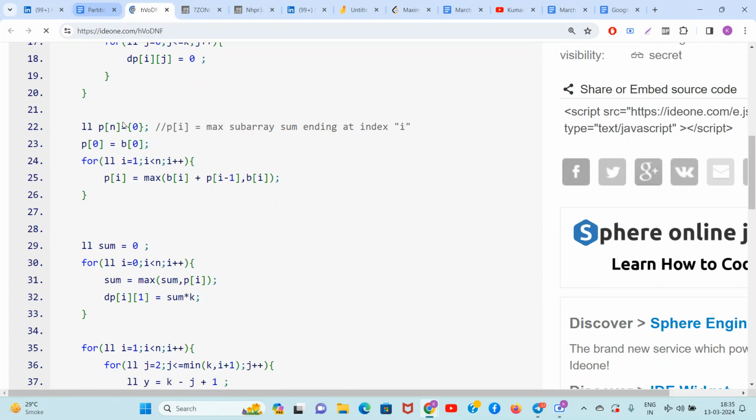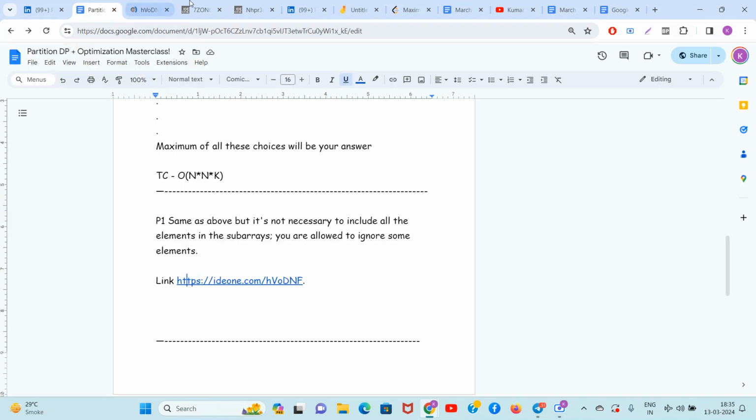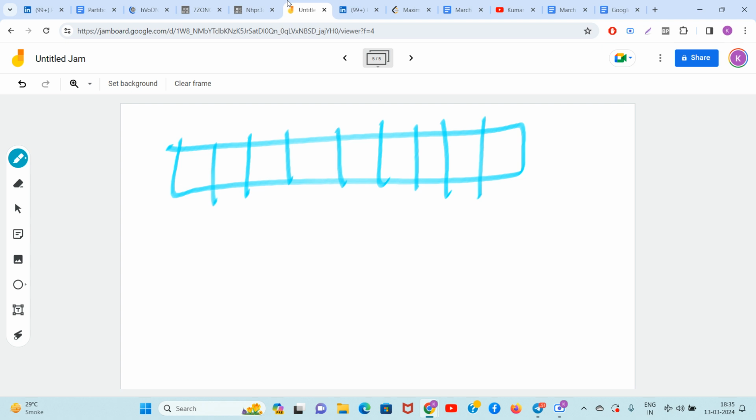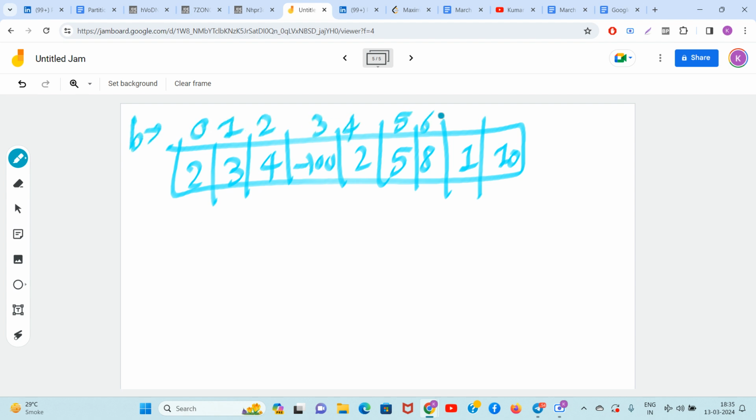Okay, so guys, let's create a P array. The P array should tell you the maximum sum subarray ending at that particular index. This is the array B given to you, index 0, 1, 2, 3, 4, 5, 6, 7, 8. Now if I create a P array,